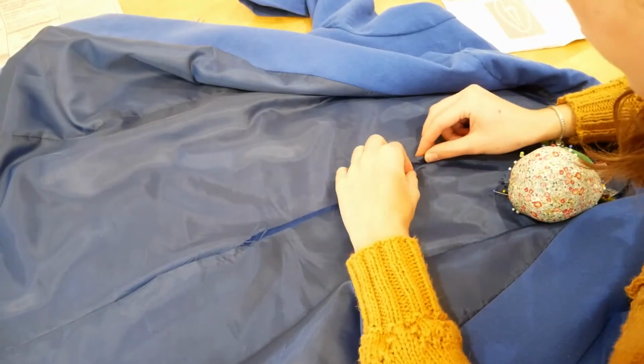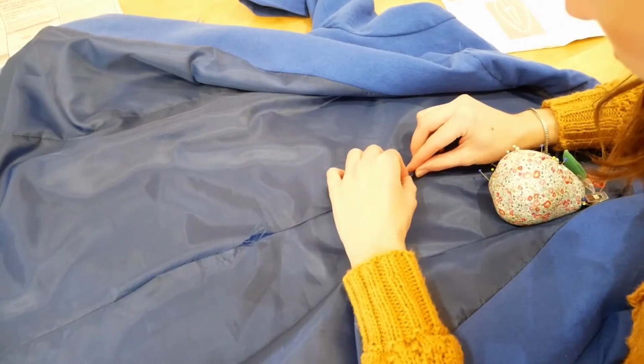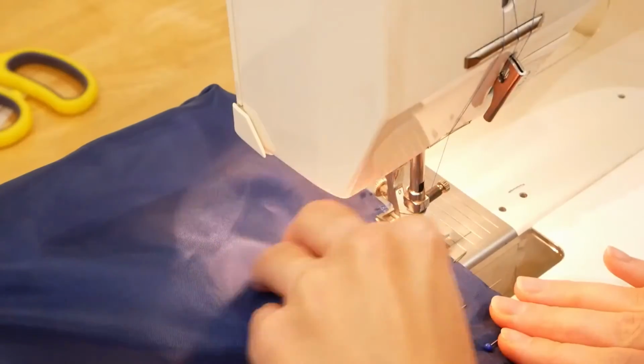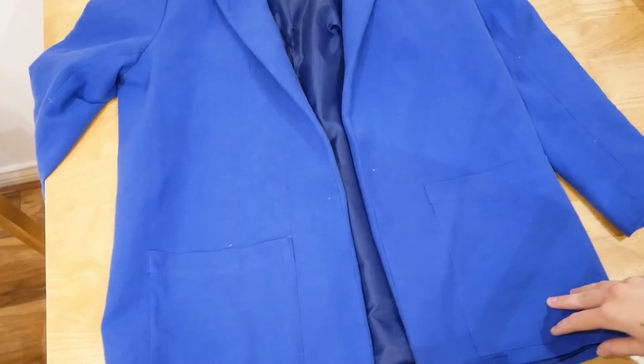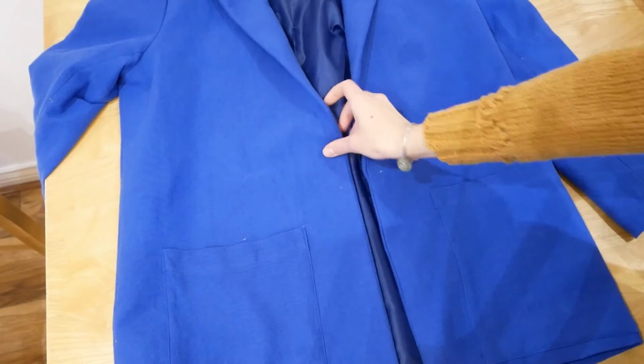After this, you're basically finished and you can just pin the lining closed. I did this by pinching the fabric so that the 2 raw edges were enclosed, and then I stitched by machine down. Now at this point, this is where we would usually put in the buttonhole and the button itself,